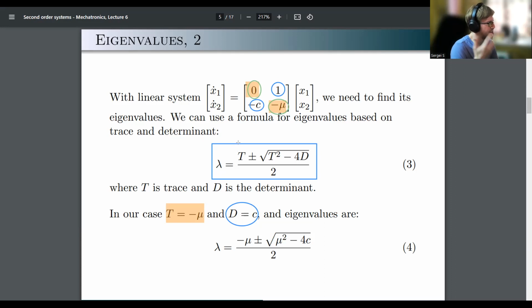More, I guess, like not more generous, but it is useful to be able to compute eigenvalues for any matrix, not only for this type of matrix. Okay, so let's look at the formula. So after we substitute, we would get